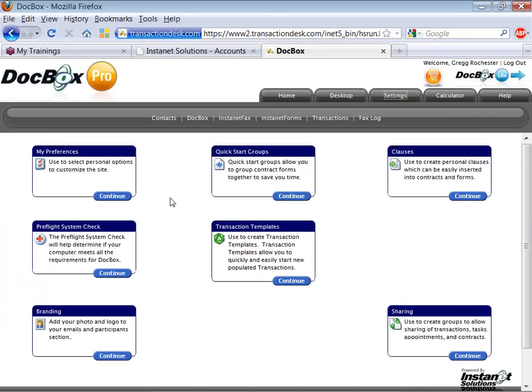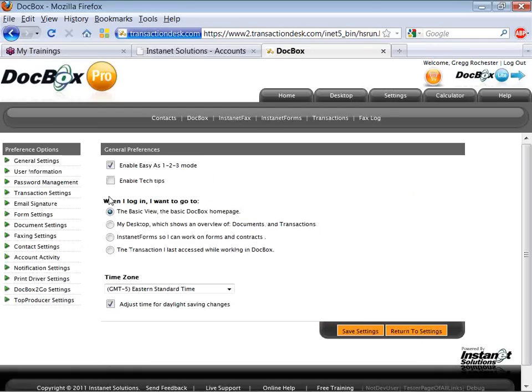A great way to add content to your online account. Content like clauses and quick start groups and transactions, templates, branding. If you want to add your personal photo and company logo, great places to add content to your Instanet Forms plus DocBox account. I'm a huge proponent of templates. We have follow-up webinars. If you've never created a transaction template, I would certainly recommend for any user to create templates. We're going to focus on My Preferences, clicking on that My Preferences in the top left corner